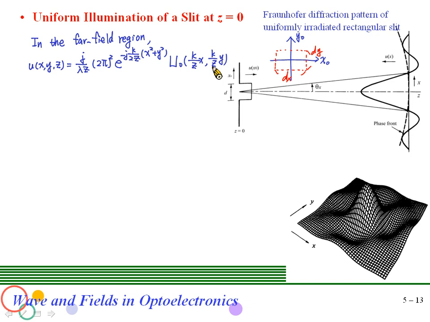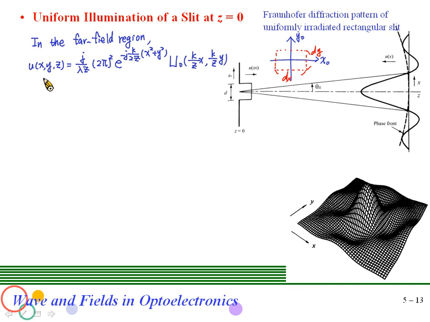The Fraunhofer diffraction can be expressed as this equation, with the amplitude in proportion to the Fourier transform of the initial amplitude, with the parameters switched to k over z times x and k over z times y. Besides, as I have said, this term represents the curved waveform. And now we have to find out this function to help us to obtain the diffraction amplitude in the